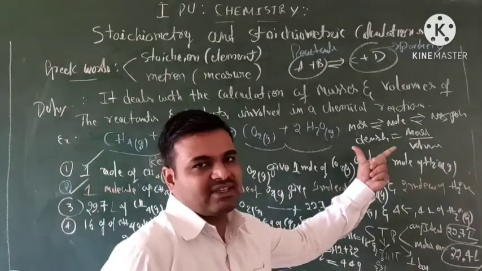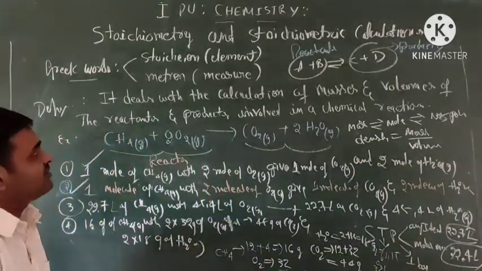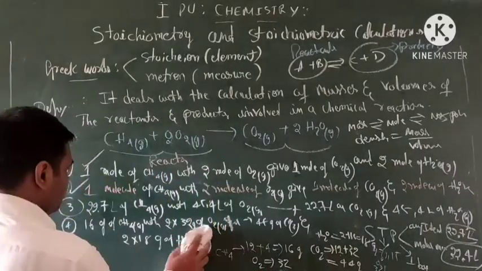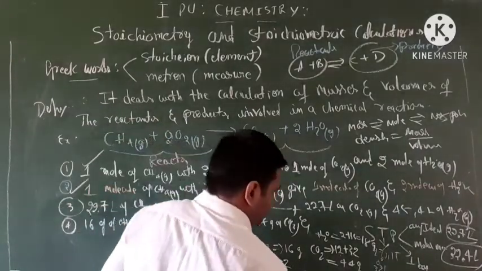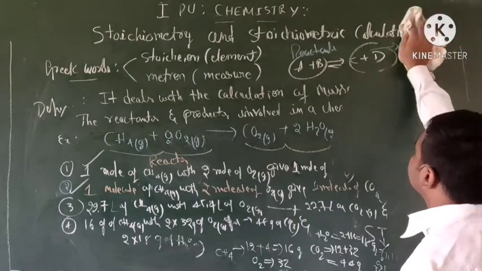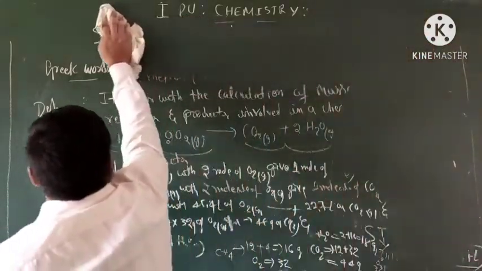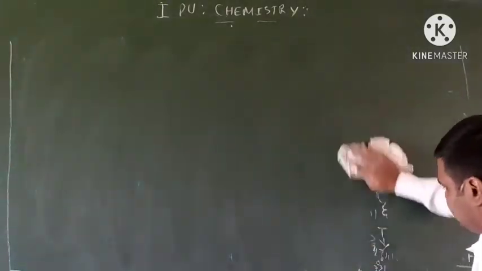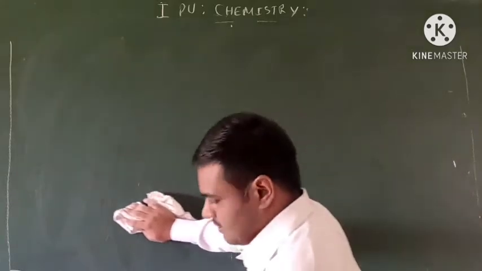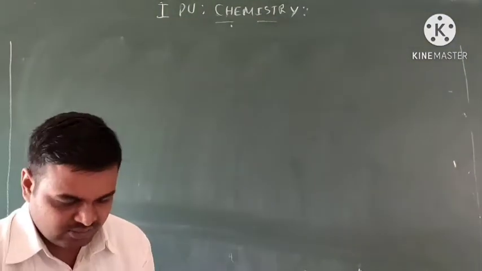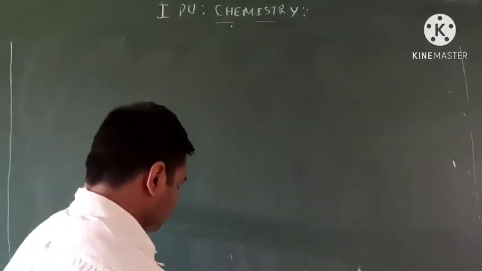This is about the stoichiometric explanation of the product and reactant. Take one of the examples, you write it. This is about stoichiometry. Let me discuss some of the problems, how much reaction you get in these problems one by one. Okay students, let me take one of the problems.